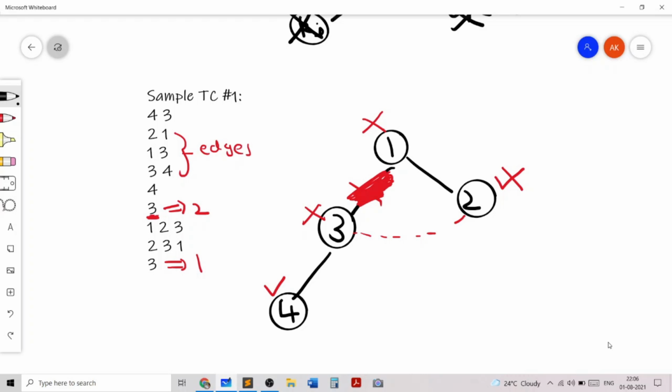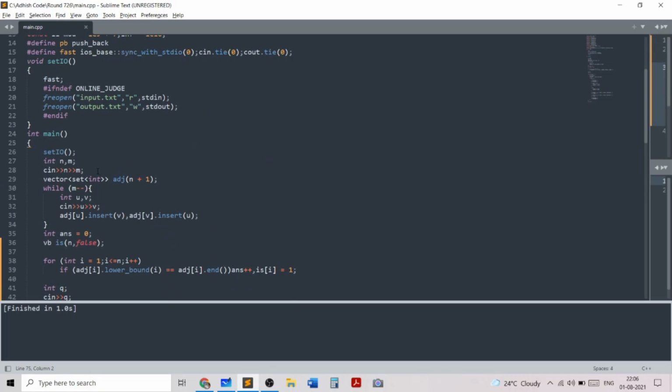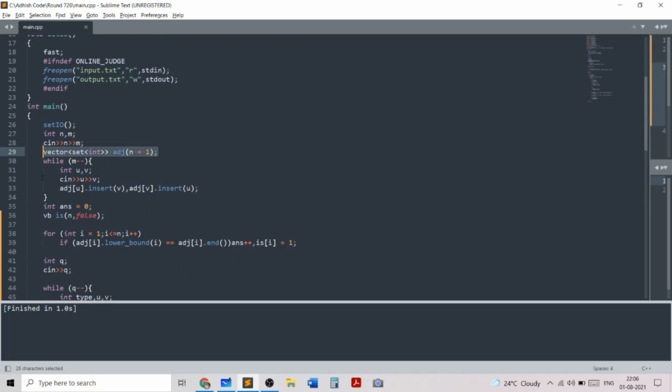So we'll basically check u and v if they are good before and if they are good now, and we'll basically update the number of good nodes. So this will be clearer to you when we look at the code. So in the code, first I read in the values of n and m, and I use this special adjacency list which I just mentioned.